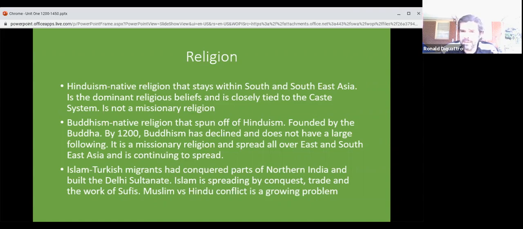Hinduism is only a religion you see in South and Southeast Asia. It is not a missionary religion. You've never had someone knock on your door and say, let me try to convert you to Hinduism. There is no such thing as Hindu missionaries. This is a religion that is specifically tied to one group of people. The most important thing you need to know about Hinduism is it's closely tied to a unique set of social structures that we'll talk about in just a little bit, the caste system. The caste system and Hinduism are interwoven with one another, and you can't have one without the other in South Asia.